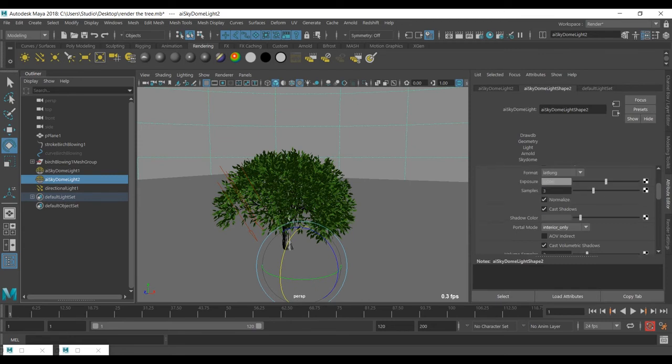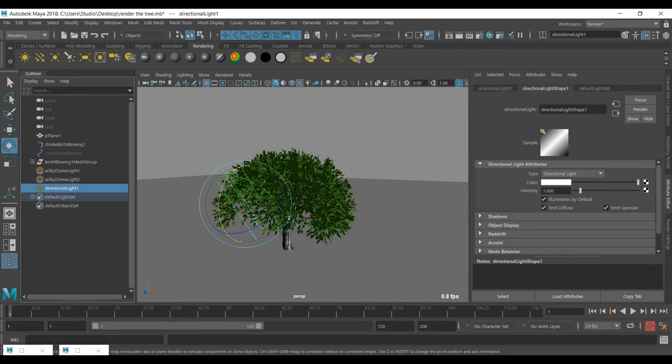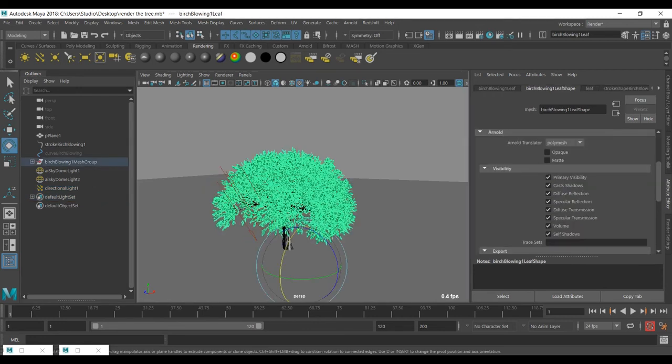Then, if you want a direct light like the sun or a spotlight or whatever light you want, you can add it. If you don't want it, you don't need to use it. You can also light your scene with ambient occlusion or other diffuse color or baked textures if you have them. So that is just a quick way